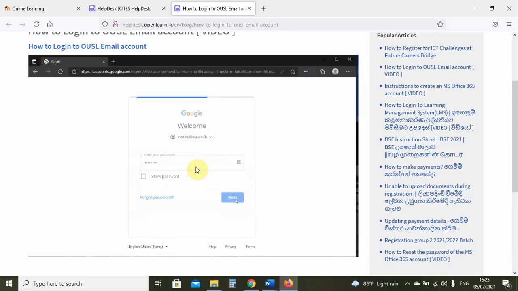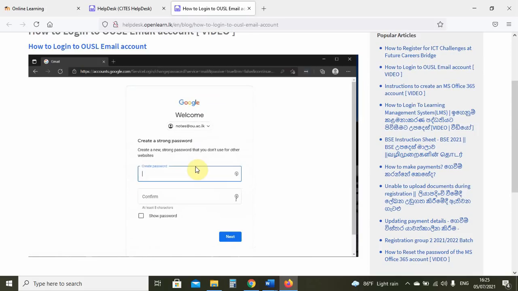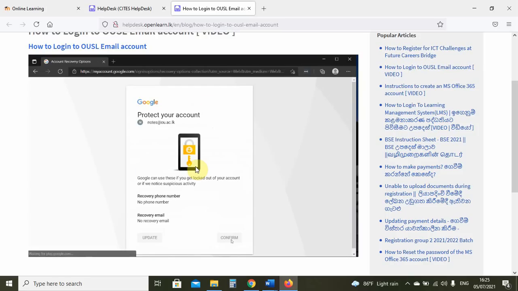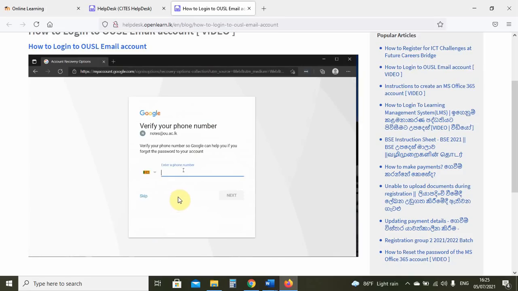Now immediately after this, you will note that first a new password is created, as you can see, and then a recovery phone number and a recovery email are added.